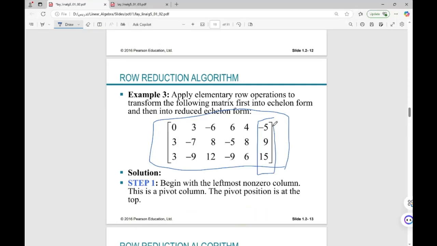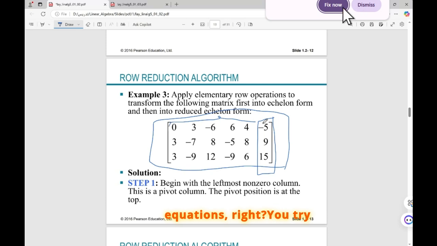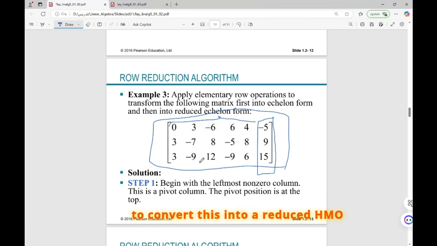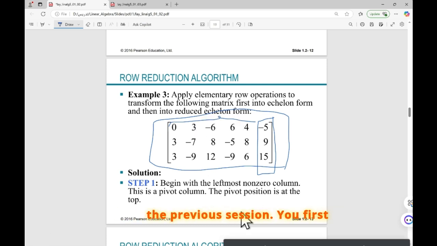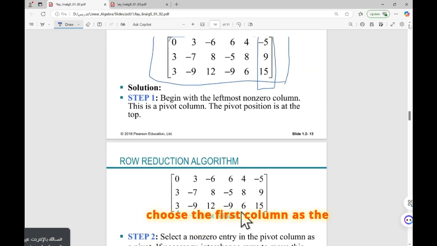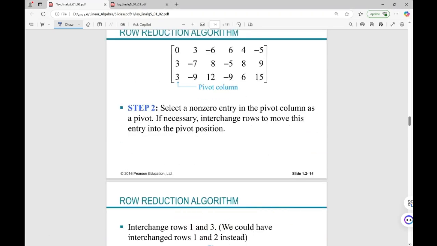So the rightmost column is the right side values, and the other columns are coefficients of different variables in different equations, right? You try to convert this into a reduced echelon form. We saw the complete procedure in the previous session. You first choose the first column as the first pivot column, and its top element as the pivot position. Since it is 0, you use row interchange, the first and the third row, and then make the